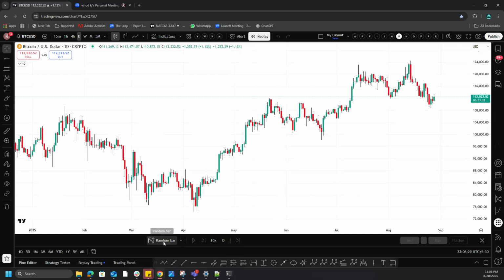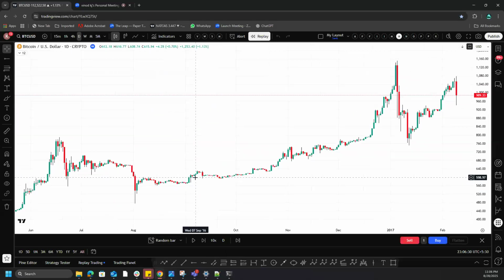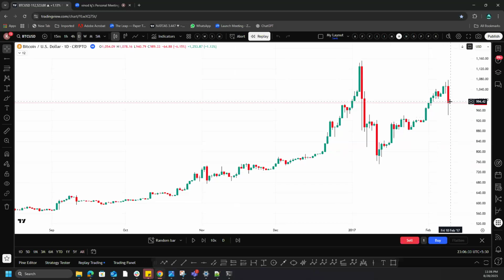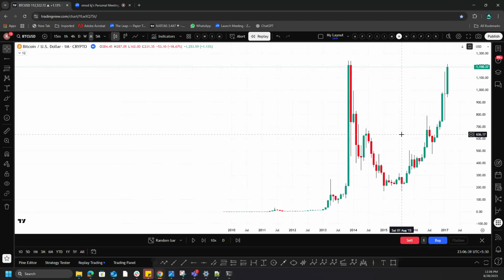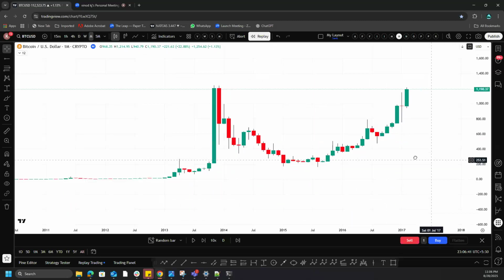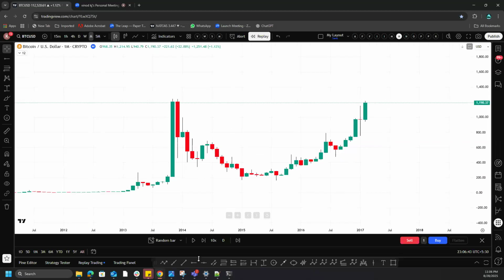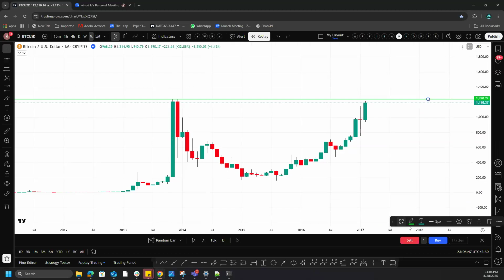Let me just randomly cut the bar. Okay, so it went to 2017 and we'll see. We'll try to backtest from here onwards. Yeah, it was at peak actually. Let me just mark this level. This is the resistance, the all-time high,